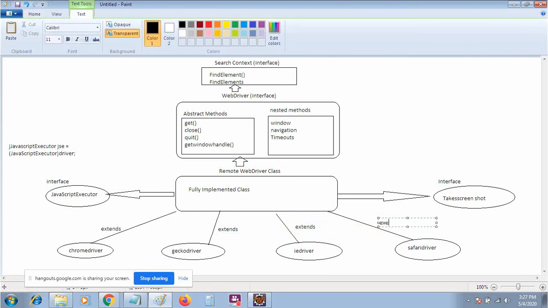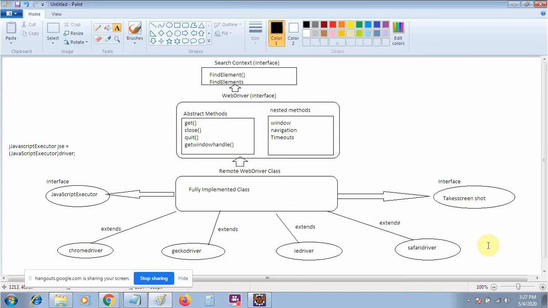So it will be easy to explain your code, and where you are using the interface in your WebDriver, and then extend and then class. So this is the basic structure that I have drawn. You must remember this structure. Okay, so all the main methods, all the things that you are going to use in your Selenium have been covered, like JavascriptExecutor, TakesScreenshot, and the different kinds of methods like close, quit, get, navigate, timeouts, findElement, findElements. So these are the basic things that we will use in our Selenium.